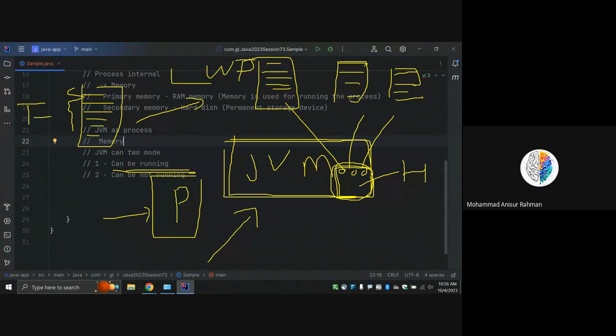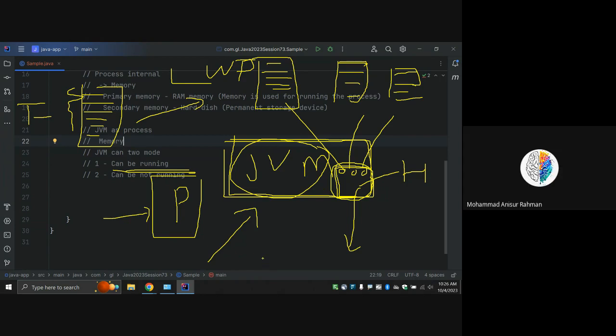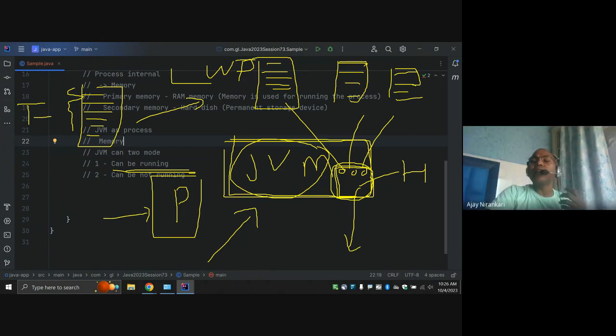This is not really multi-threading. You can say JVM is a process, the heavyweight process, because it requires enough space, enough memory of the RAM. But a thread is just a lightweight process. This is also a process, because in the operating system, each and everything is a process. A thread is lightweight, meaning it requires very limited memory to run this code.